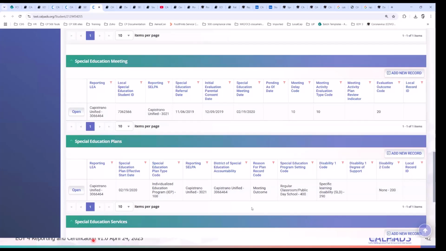If there's no assessment done yet, but you have to report the student as eligible and they are receiving services, then you have to just adapt the record from Capistrano, making sure that the dates align within your enrollment.